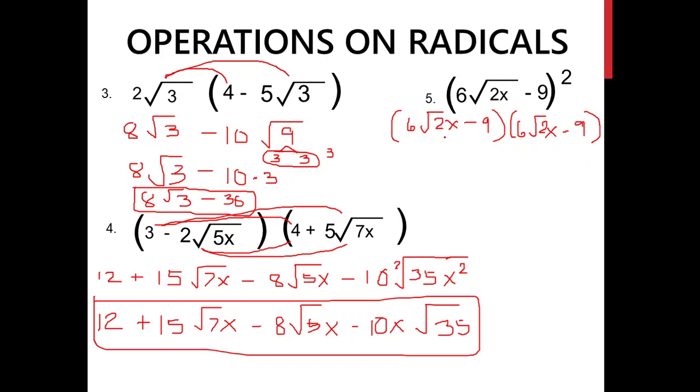Okay. So here we have two terms multiplied by two terms. So using the distributive property, this one multiplied here. So that's 6 times 6 gives you 36. 2x times 2x, so it gives you the square root of 2 times 2 is 4. X times x, that is 4x squared. Okay? Now this one multiplied to negative 9, so you have negative 9 times 6, you have negative 54. Okay? And then since 9 here does not have a radical sign, let's go ahead and copy this one down here.